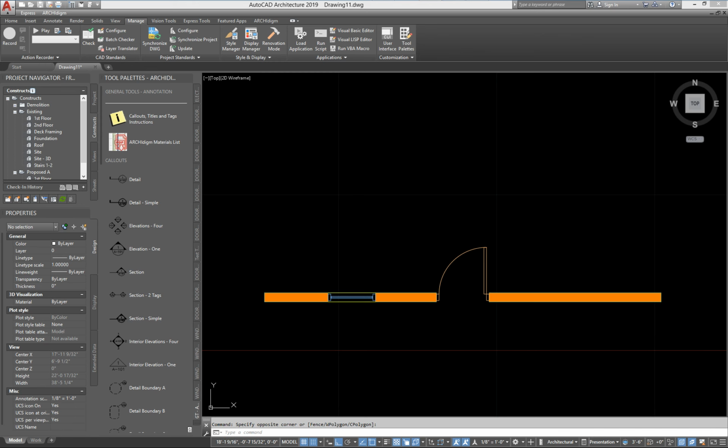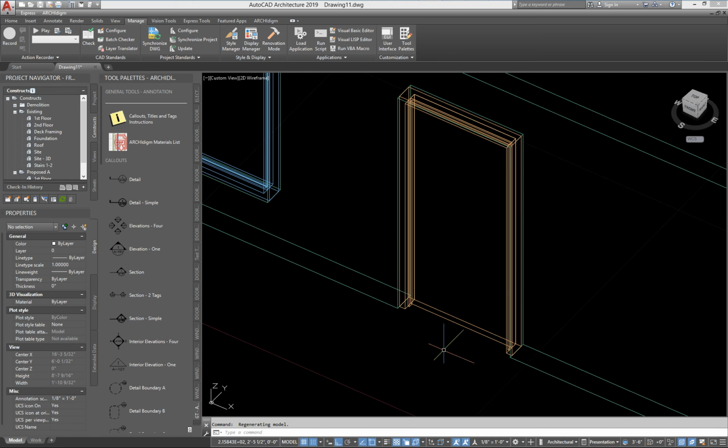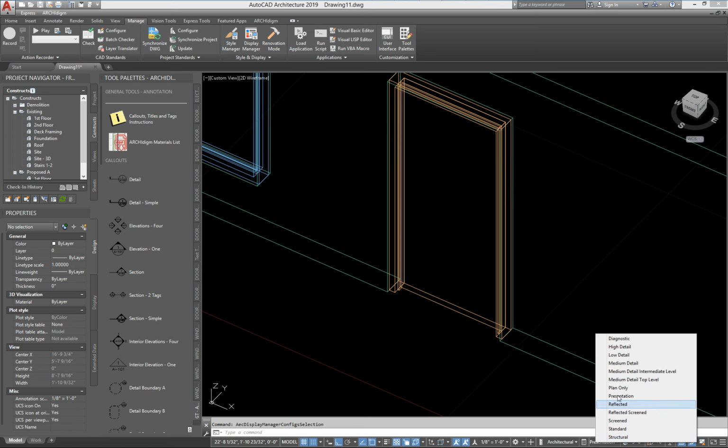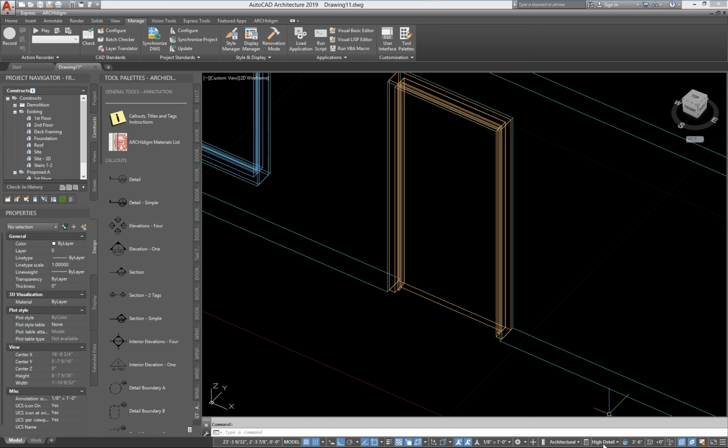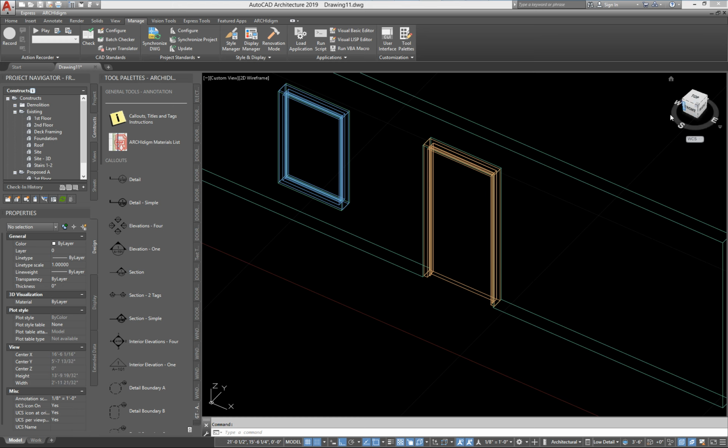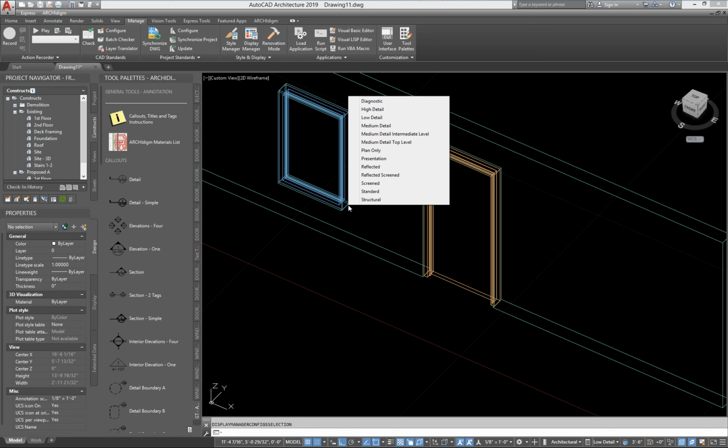We can take a look at 3D. So that's presentation. Here's high 3D, and here's medium, and here's low. Okay, no difference whatsoever, right? That's kind of funny. We'll take a look at that later. Let's go back and